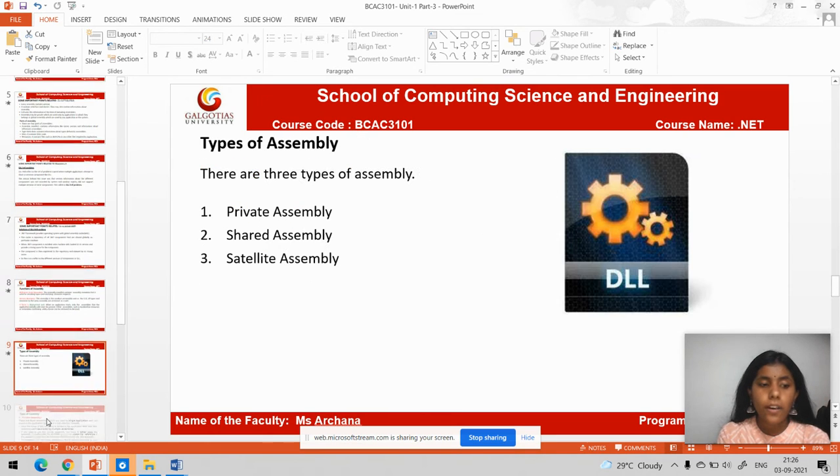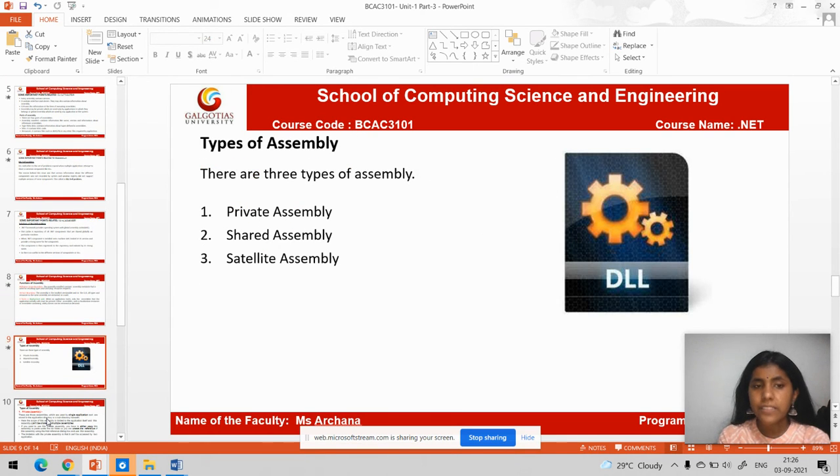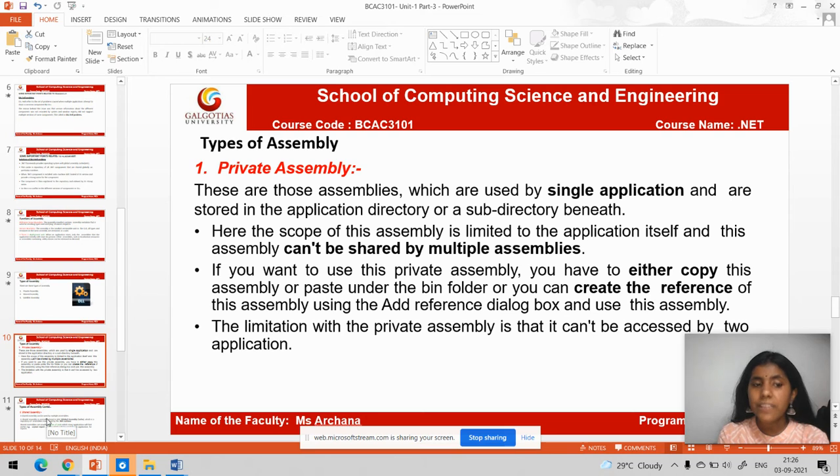Now the types of assemblies. There are three types of assemblies: private, shared, and satellite. These assemblies have DLL extensions. Firstly, private assemblies. A private assembly is used by a single application and is stored in the application's directory or subdirectory.